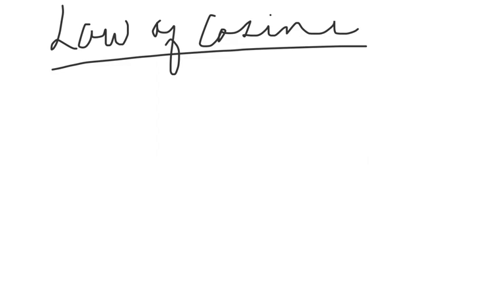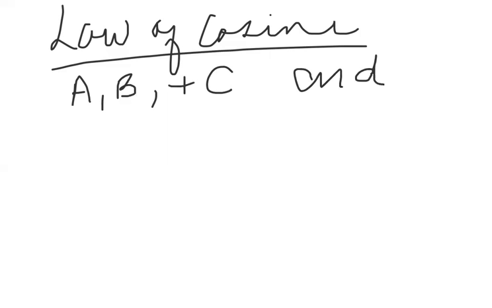So for the law of cosines, essentially, if A, B, and C represent the angle measures of an oblique triangle, and lowercase a, lowercase b, and c represent the sides of that triangle,